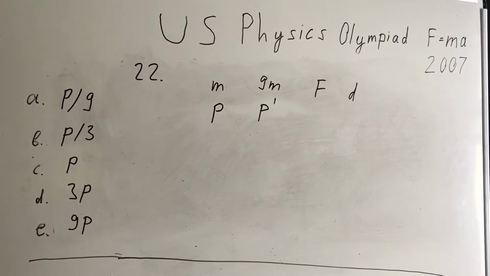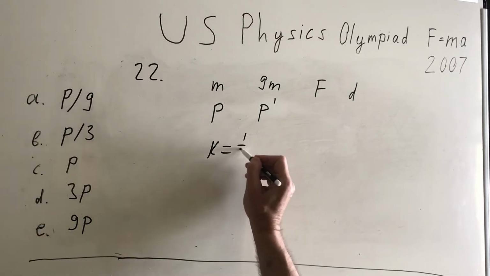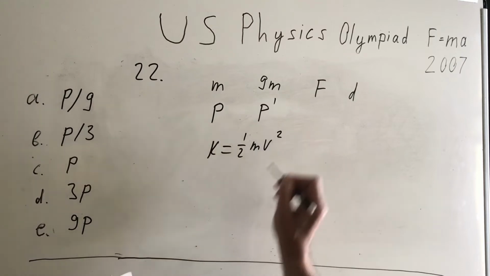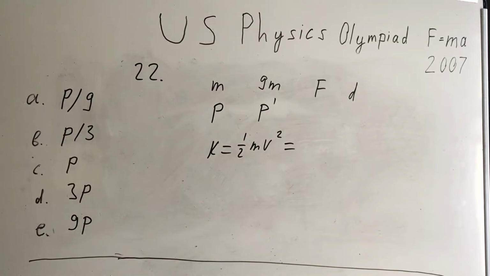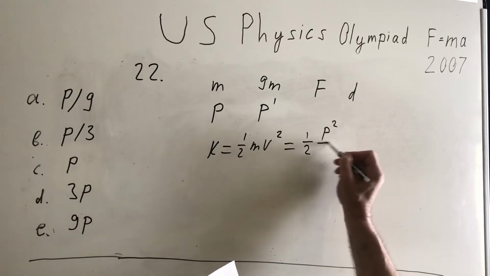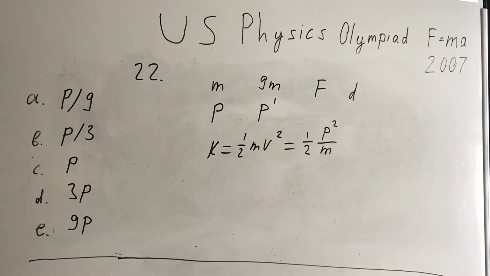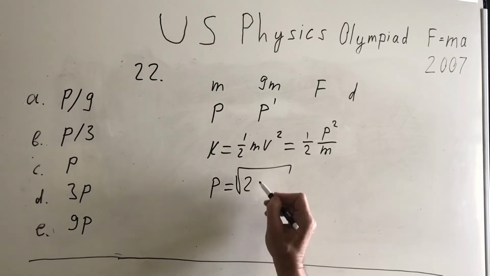To solve this problem, we need to check that if the same force acts over the same distance, both rockets get the same kinetic energy, and the kinetic energy has this expression, 1/2 mv squared, which we can write through momentum as p squared over 2m. From this we can find that momentum equals root of 2Km,